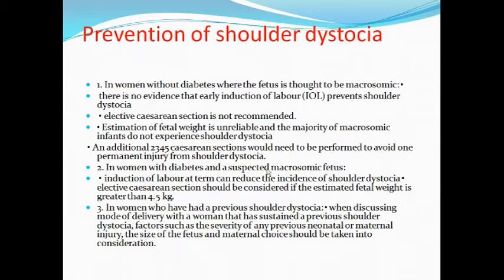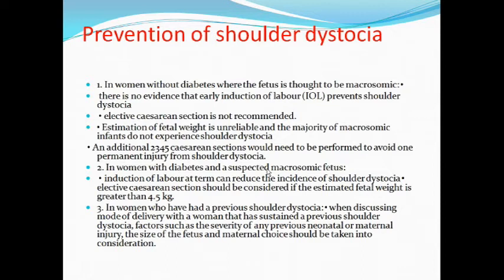So in a diabetic patient, at 4.5 kg usually we do cesarean section; we do not give any trial. In more than 4 kg normally we take the patient for cesarean section, we do not give a vaginal delivery trial. Only if the pelvis is very good and we think that we can give a trial, only in that patient will we give it, otherwise cesarean section is usually indicated now.